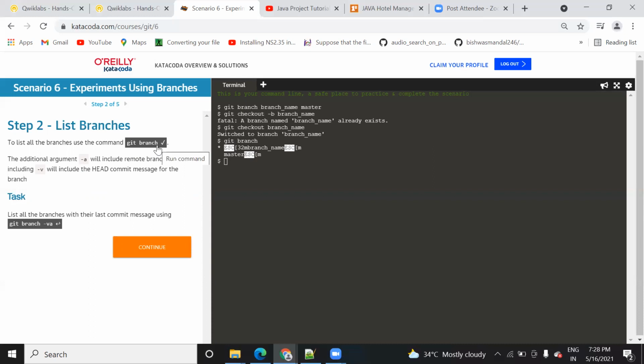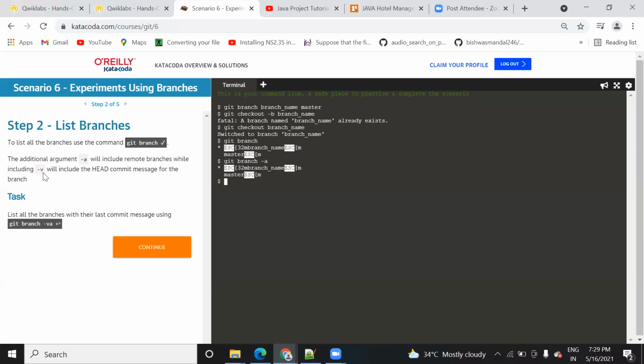Now, suppose you want to include the remote branches also, then you need to add -a after this. So how can you do that? git branch -a, press enter. It will add the remote branches also if they are present. If they are not present, that's why it's not showing.